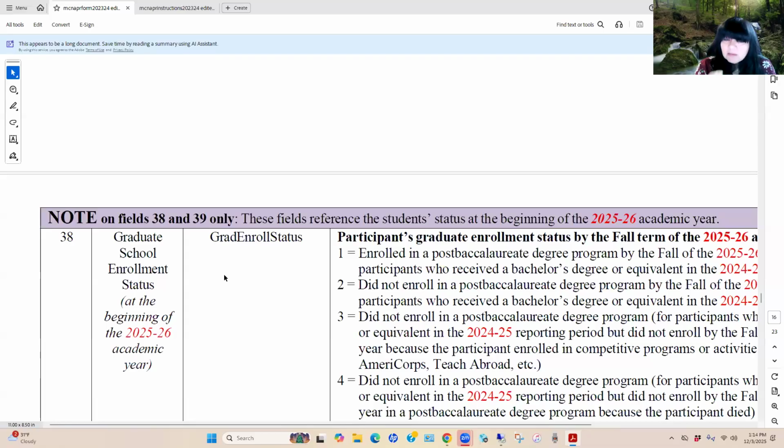So the denominator is all of those students where you have put them into the PSE cohort, the degree attainment cohort of 24. And now in this grad enrollment status field, option number 1 is the numerator to indicate that they did enroll in graduate school.